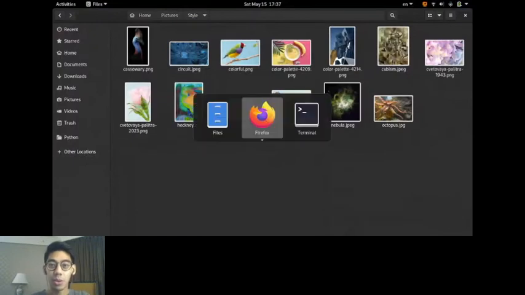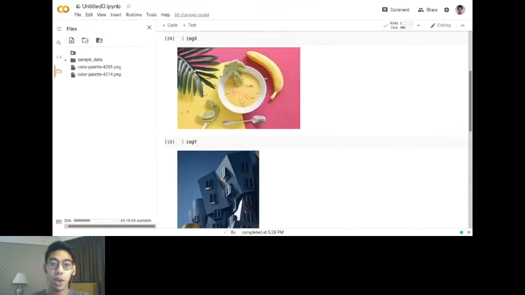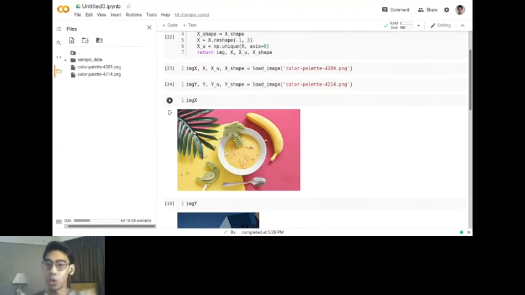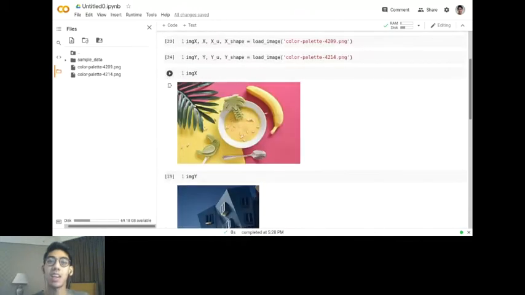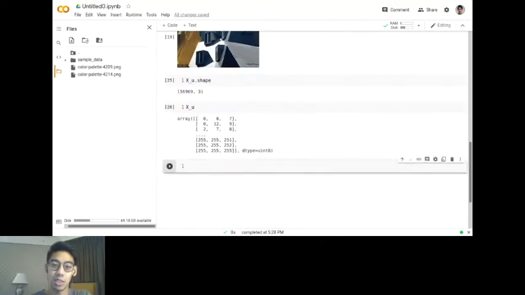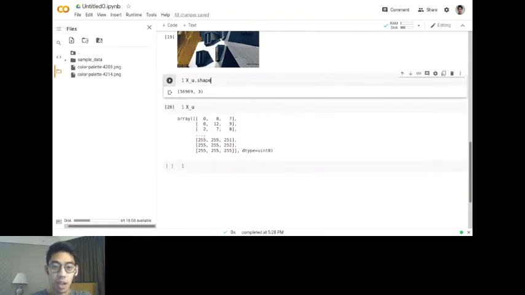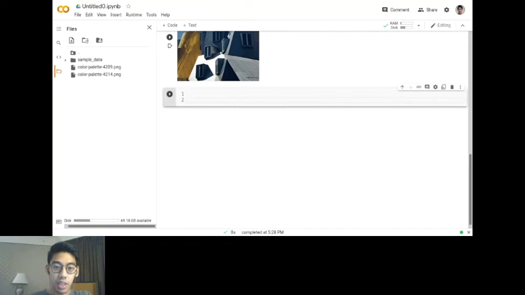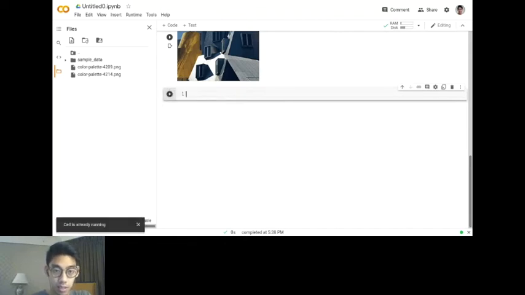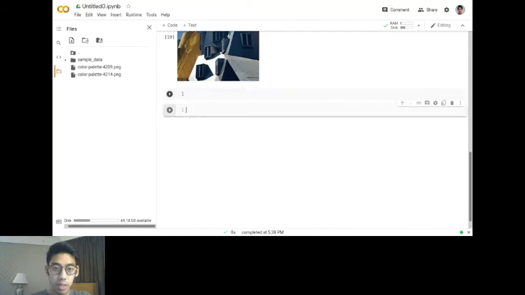Okay, so let's get back to here. I have my image X. This is going to be the source image. I'm going to do clustering on this image. And then image Y is going to take all the pixels that are closest in image X, or at least all the K cluster centers that are closest in image X. Let's remove all those and give myself some space. Okay, so I'm going to import from scikit-learn dot cluster